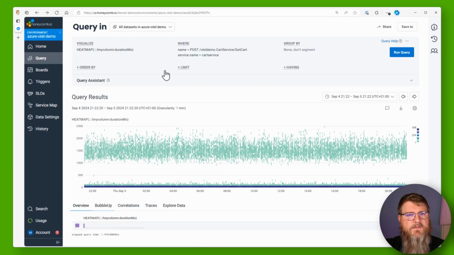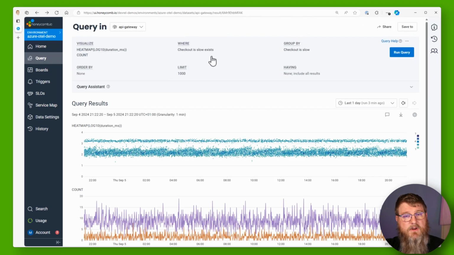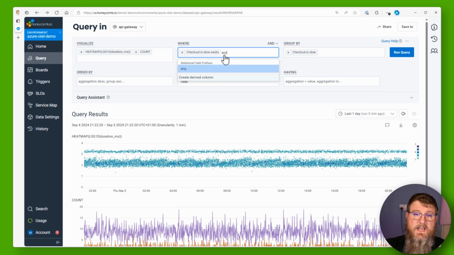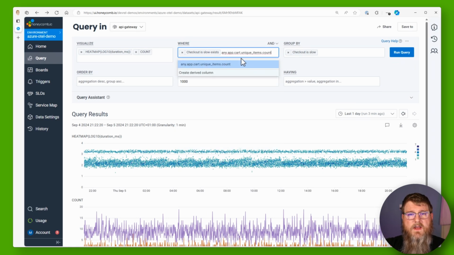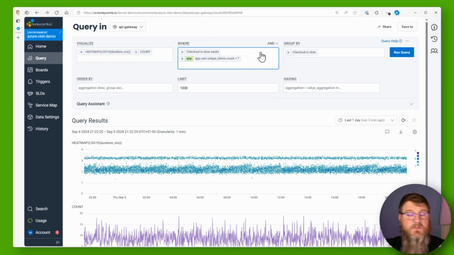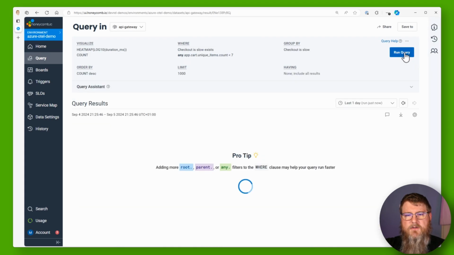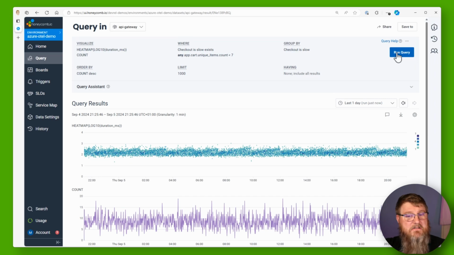If we go back a few queries back to our checkout view, we can use another query and say, if any of our requests have only 7 or less items, or less than 7 items, what does our graph look like then? Now, as we can see, that top bar is completely gone. What this shows us is that although the problem is showing up in our checkout process, and that's what customers are seeing, which is why we've got an SLO about the customer experience for checkout, the problem is actually to do with our cart service.